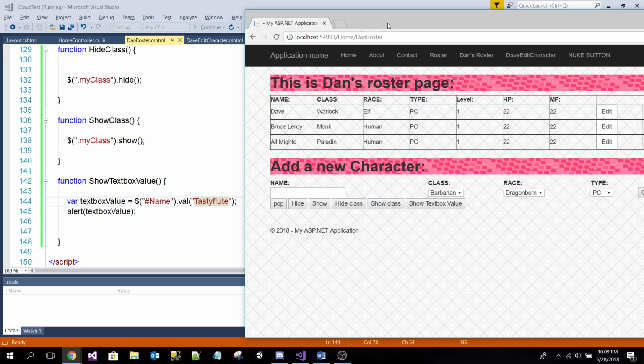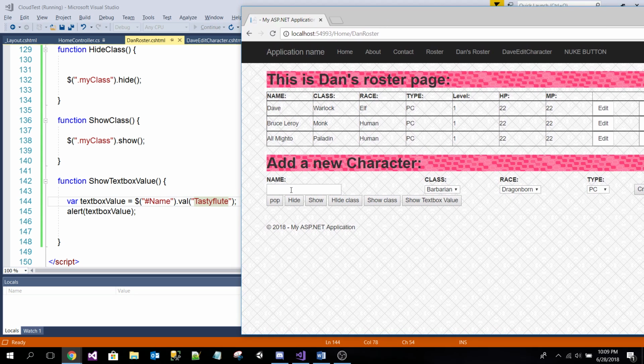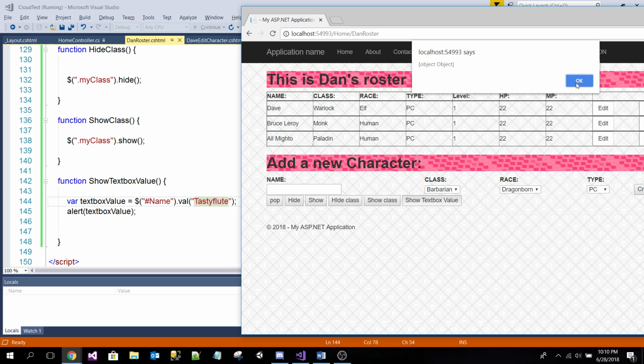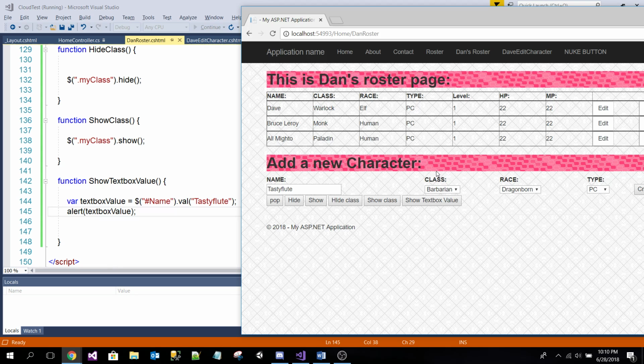All right, here we go. All right, so right now it's blank. I'm not typing anything. So if I hit this button, what should happen if it works? Dave? Add tasty flute to the main text box. Yeah, let's see. Oh, whoops. Oh, wait a minute. Yeah, no, I kind of messed up there. Sorry. It did. Yes. Do you see it? Yes. But what else is it doing also? Oh, it's alerting. Exactly. Yeah. Which we didn't want. We just wanted to,